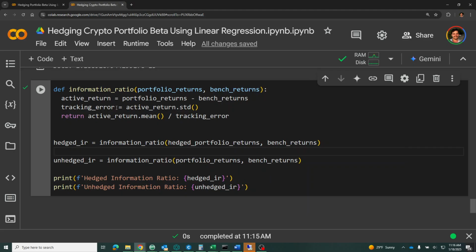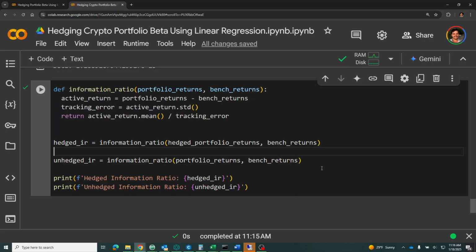The active return is the difference between those two returns, and then the tracking error is the standard deviation of that difference. And then what we're returning is the average active return, so the average difference divided by that standard deviation. And it's a good way to measure,